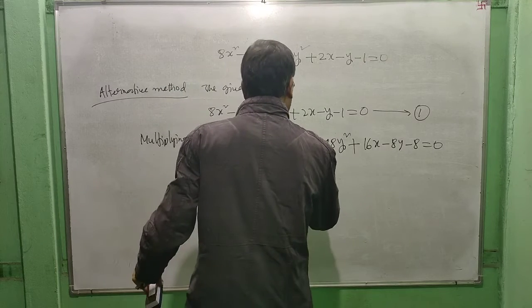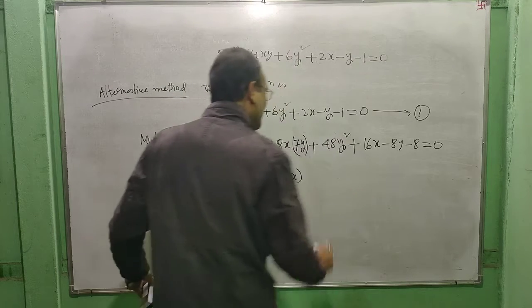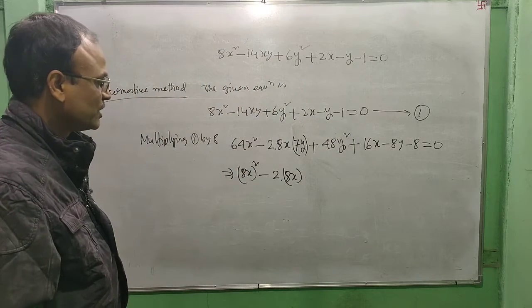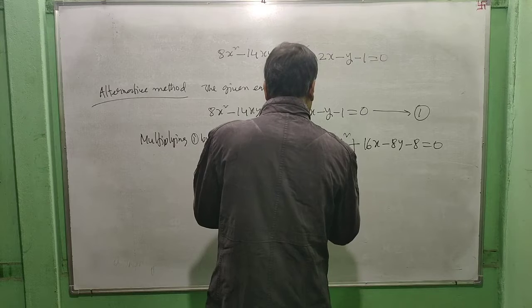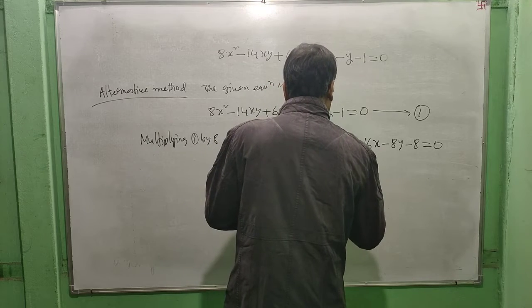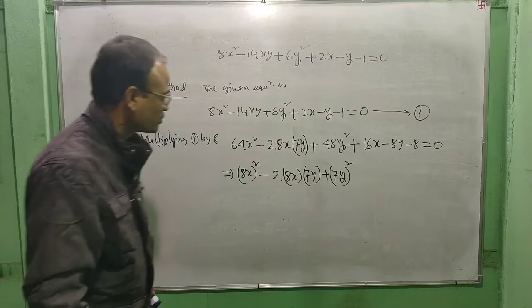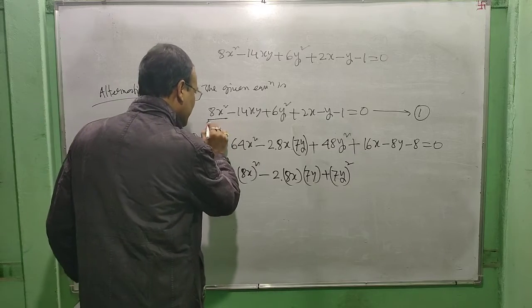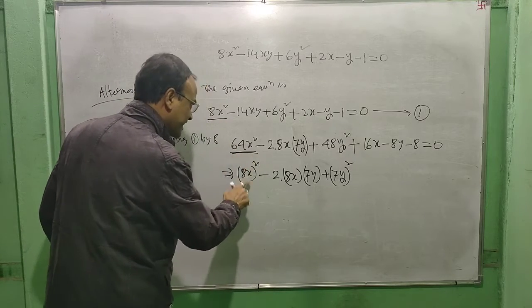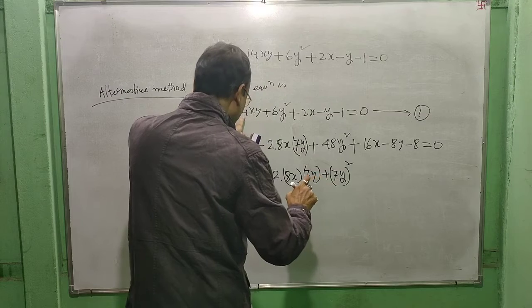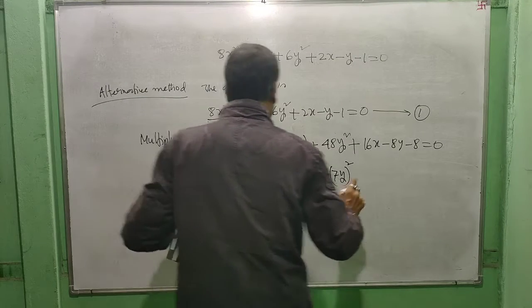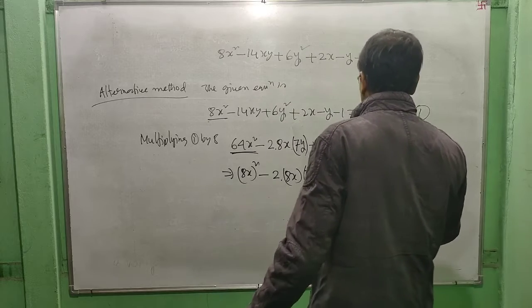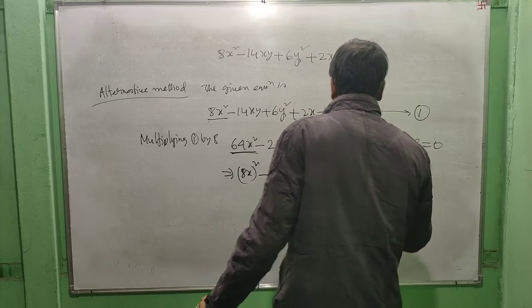Yes, you will have to write it here, 7y. 2 into 8x into 7y, plus 7y whole square, this is equal to,